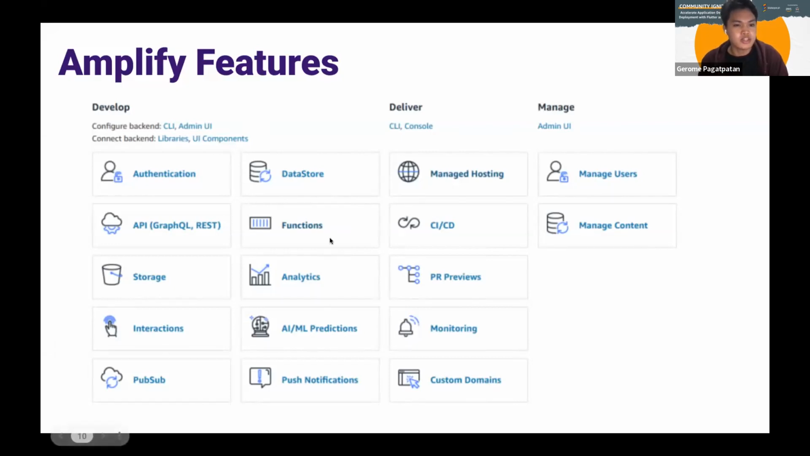So, dito sa develop, ito yung mga service niya. Sa deliver, ito yung mga pull request, custom domain, monitoring, CI/CD. Sa management ng UI na side naman,